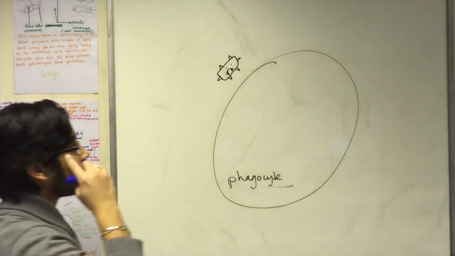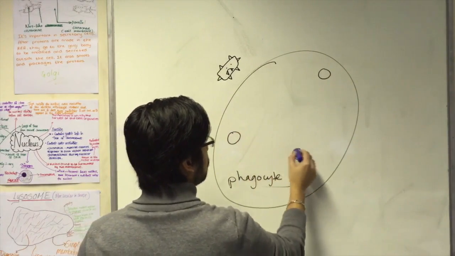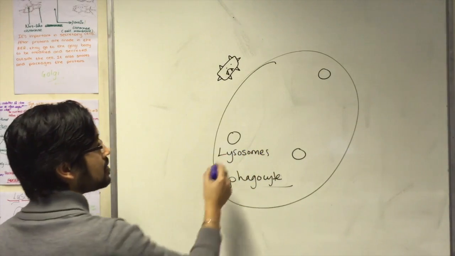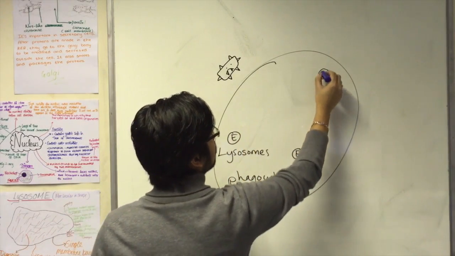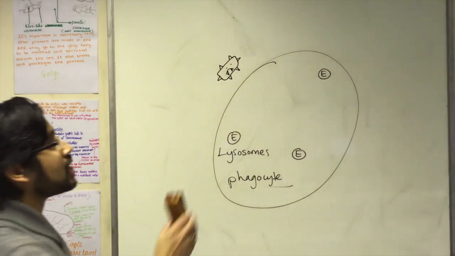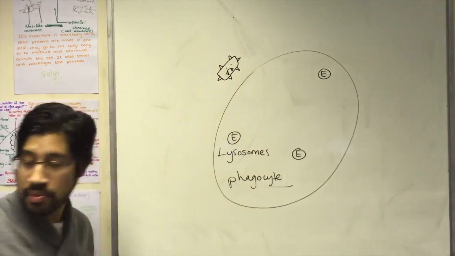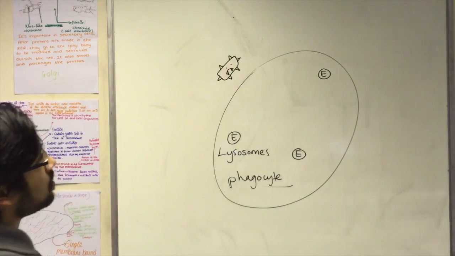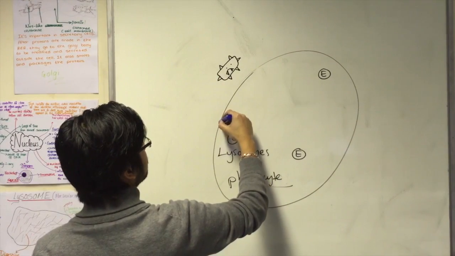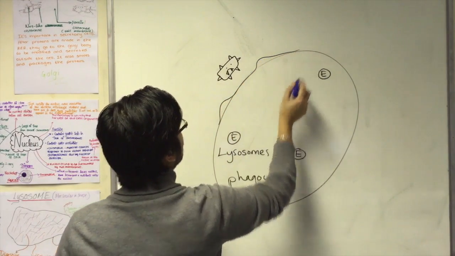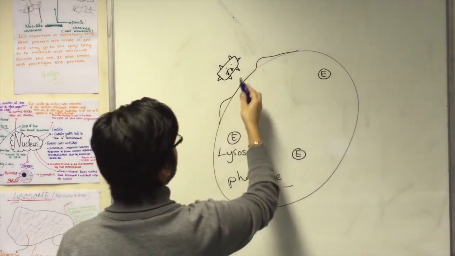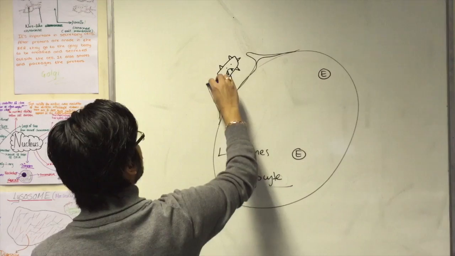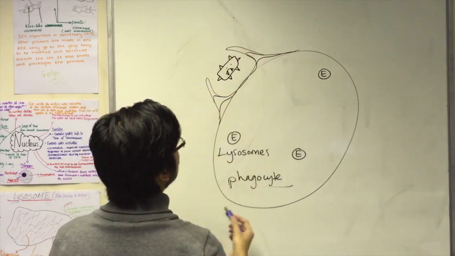Now, what happens? The phagocyte has got special compartments inside, as most cells do, called lysosomes, and they contain hydrolytic enzymes. Now these enzymes can break down proteins, lipids, all kinds of things. So when the phagocyte encounters the pathogen, it will start to extend its membrane. I'm just going to show it in stages. It starts to extend its membrane so that the membrane starts to envelop, or the preferred term is it starts to engulf